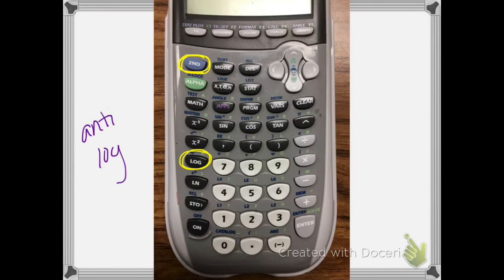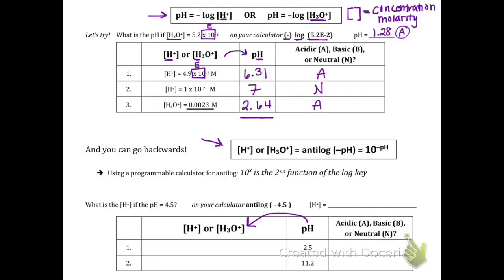Okay, so second log is anti-log, so you're going to press second log, and then you're going to put negative of the pH. So what is the hydrogen concentration if the pH is 4.5? You're going to do anti-log, second log, and you're going to put that negative. Don't forget the negative. It really changes the answer, and you're going to put negative 4.5. When you do that, you're going to get this answer,